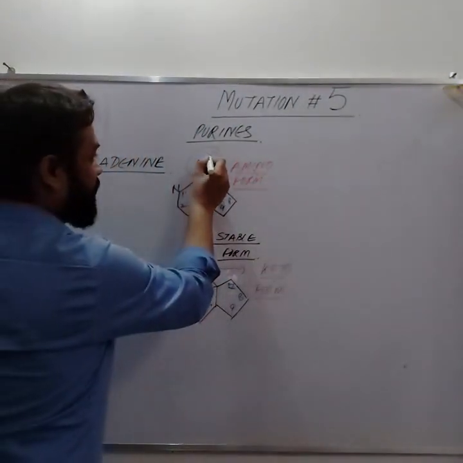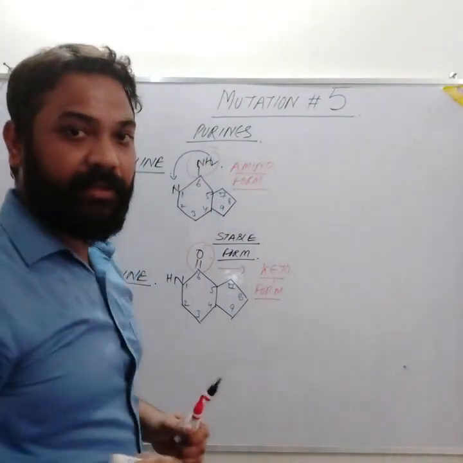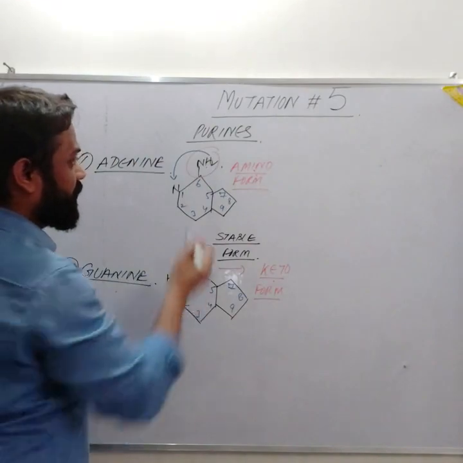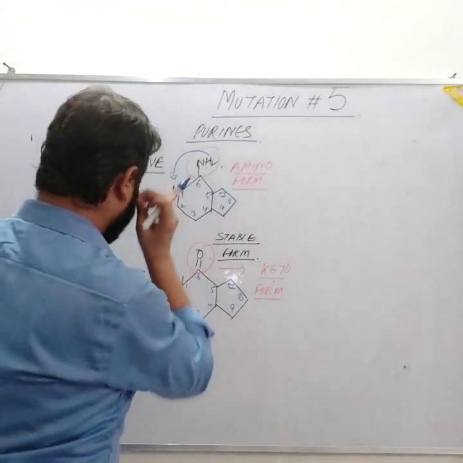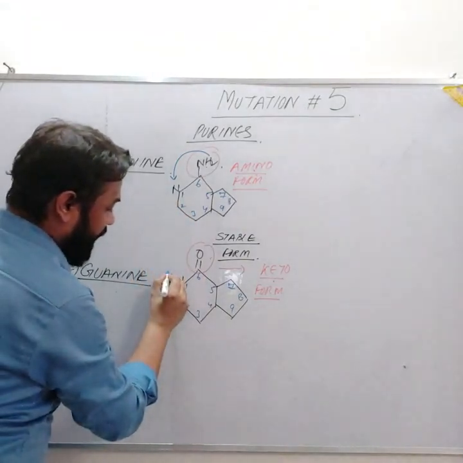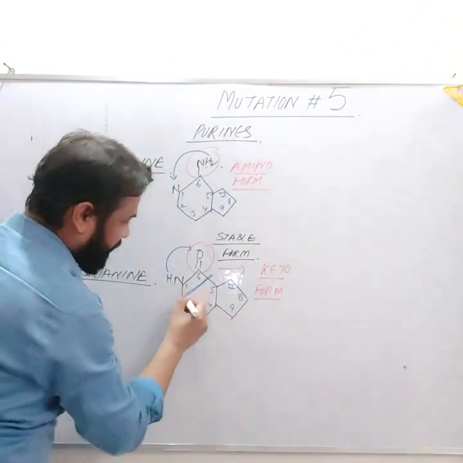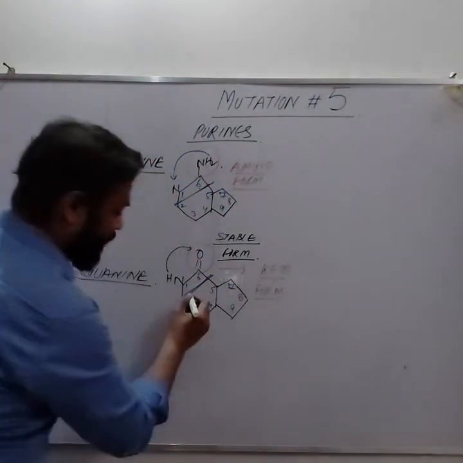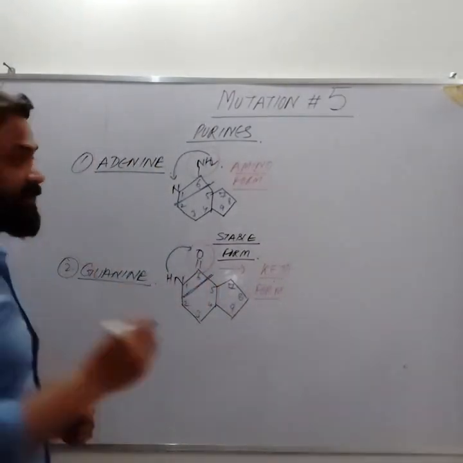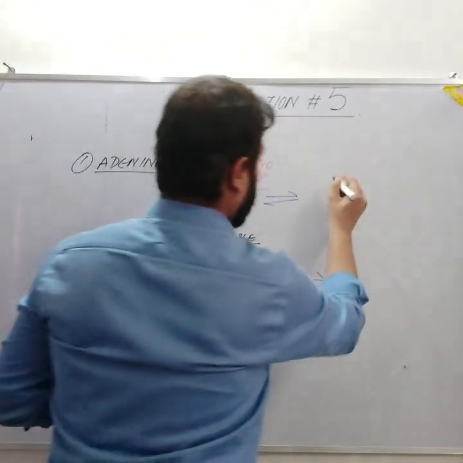There is shifting of hydrogen from one position to another. Here I have the hydrogen, it shifts from one position to another. Here also the same thing, the hydrogen shifts from one position to another. That means at two positions it is occurring, between number 1 and number 6. Here also between number 1 and number 6. Now what is the result?